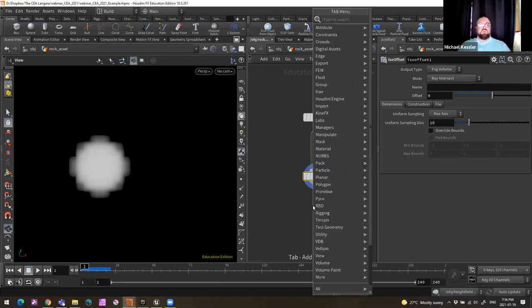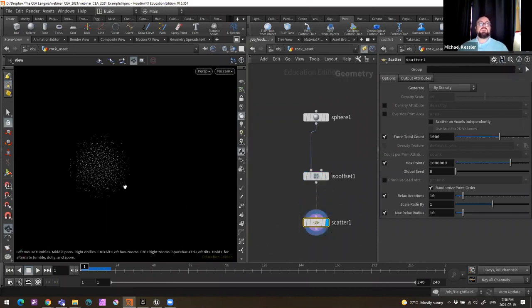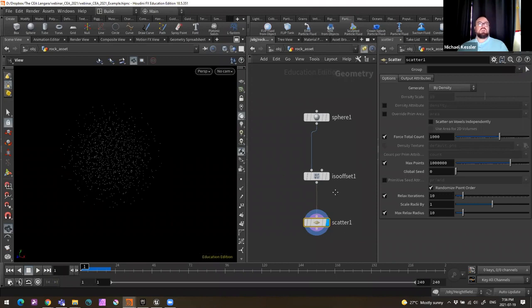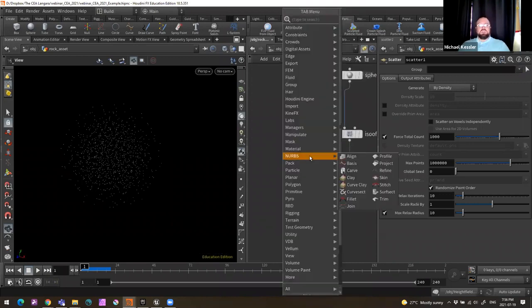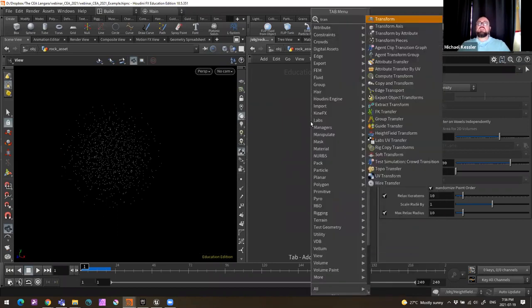Like I'll show you this really quick. So if I want to scatter a bunch of points that I want to use to put other objects on those points, I would use this. Now you see all those dots? Those are points that I can now use to put other objects on. I'll show you that really quick. So if I can actually use the same sphere, translate or transform,